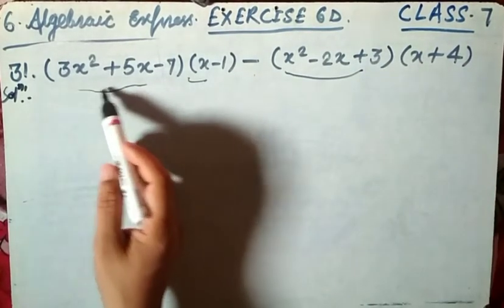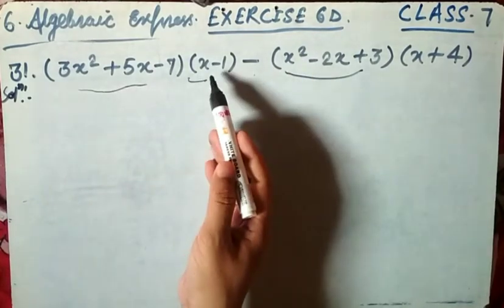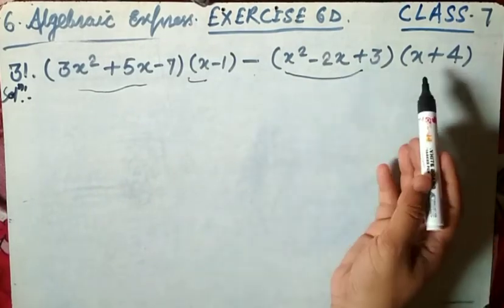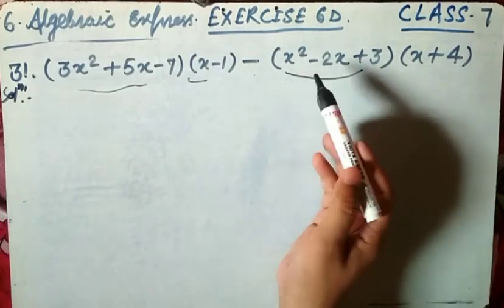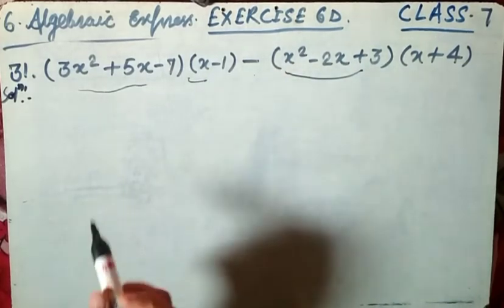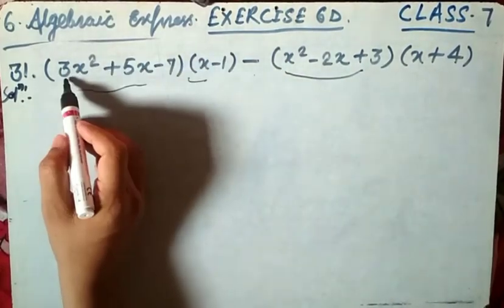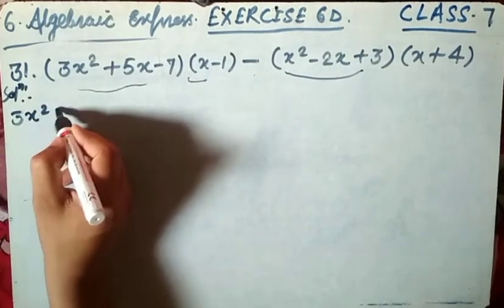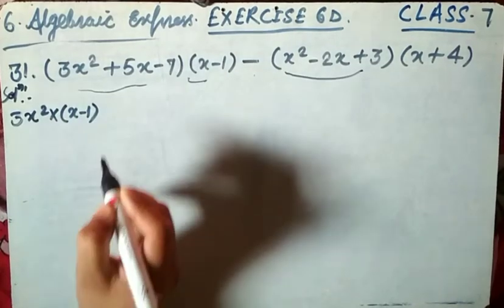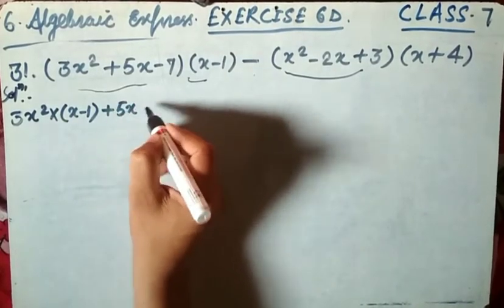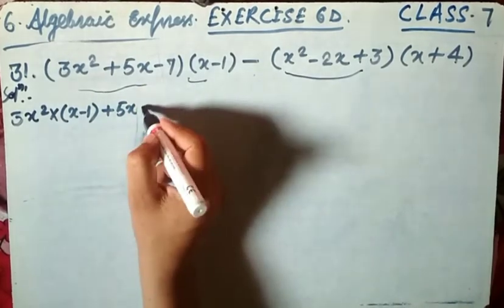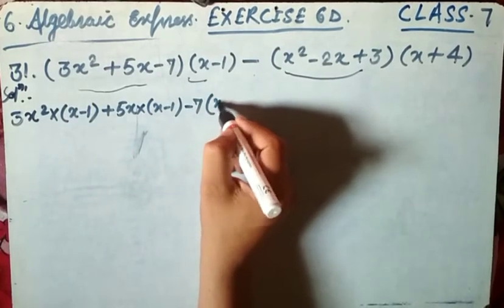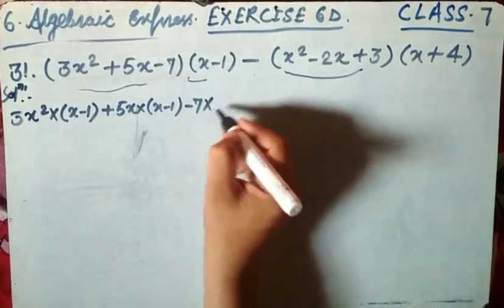First of all, we have to multiply this expression by this as in the previous method that we have just solved, and then multiply here, then find the difference between them. Now first we are going to multiply here. Now select the first term. For this first term, 3x square is multiplied by the whole x minus y. This is plus, and right here the 5x is also going to multiply x minus 1. This minus 7 is multiplied by x minus 1. We can show their multiplication, doesn't matter, x minus 1.